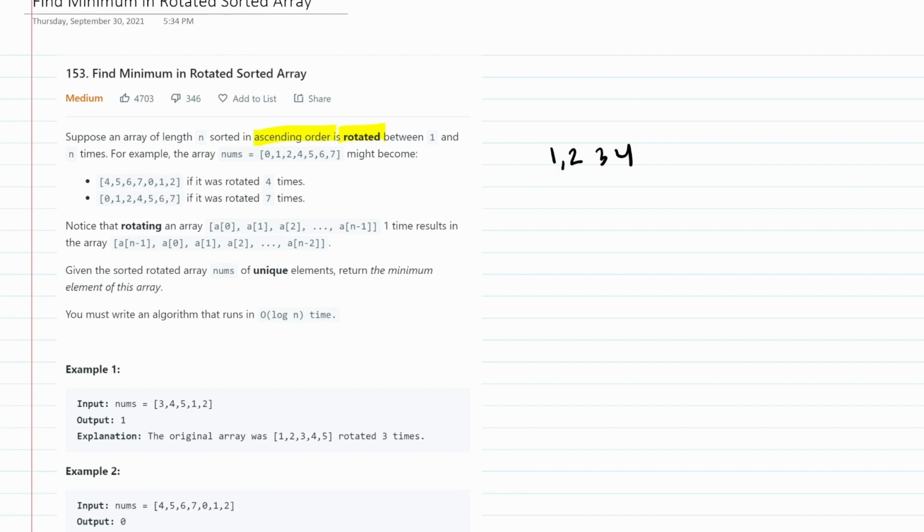So if we had this one, it might end up being instead 4, 1, 2, 3. So that's the only difference. So still sorted, but just rotated. And then, given the sorted array nums of unique elements, return the minimum element of this array. And we must write an algorithm that runs in O of log n time, which we're going to do,